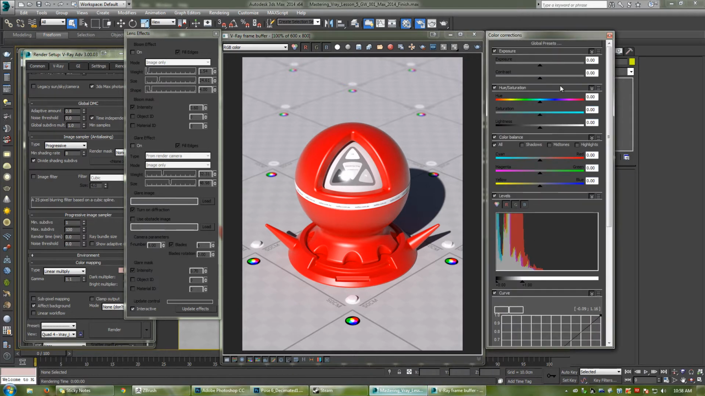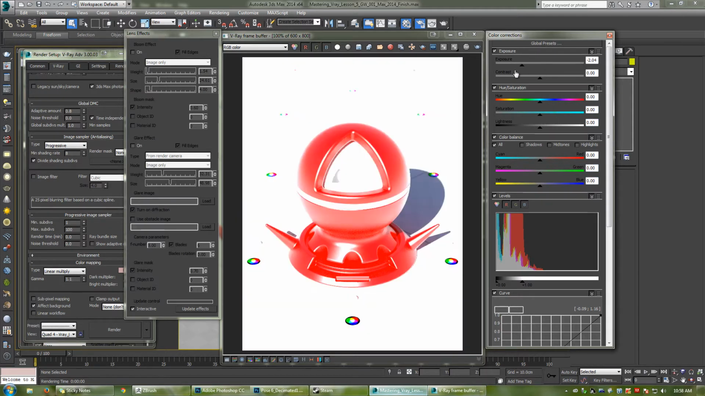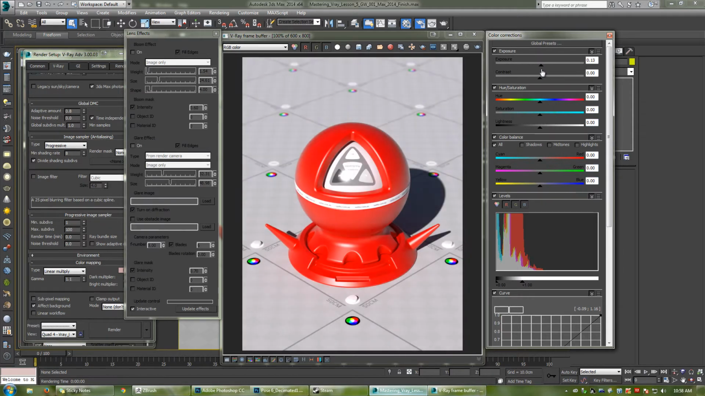Now up the top you've got all your basic adjustments that have been in V-Ray for a while. So you've got your exposure, you've got your contrast, adjust all the hue, which is pretty basic. Now I don't really use those so much, but one thing I have been using a lot lately is the